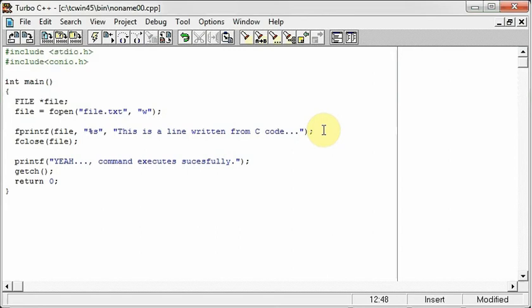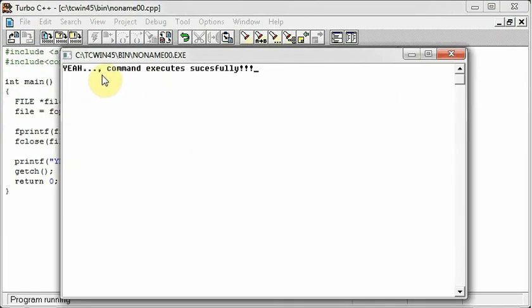Now we can go and try to execute this program. Yes, it says the command executed successfully.